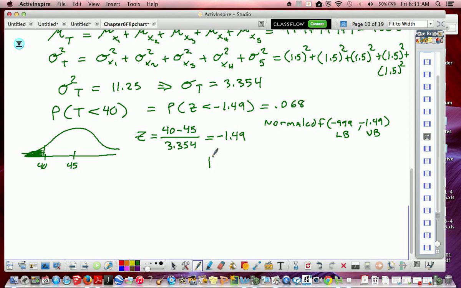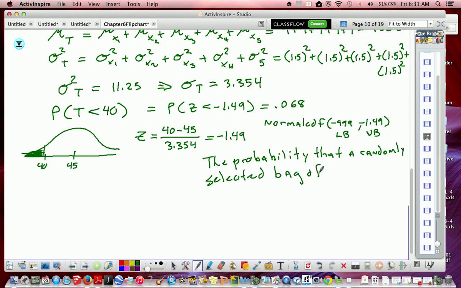So we would say the probability that a randomly selected bag of 5 apples is less than 40 ounces is 0.068. So if I'm a business person, a person who sells apples, and I want to guarantee that all my bags are less than 40 ounces, according to what I have here with the average and whatnot,